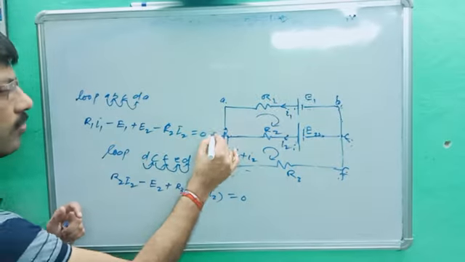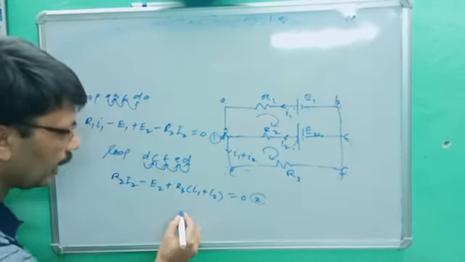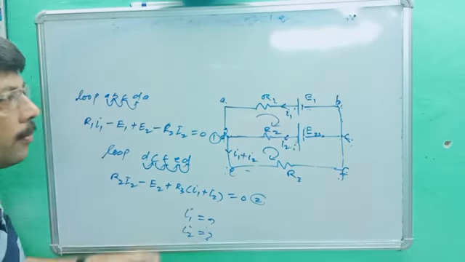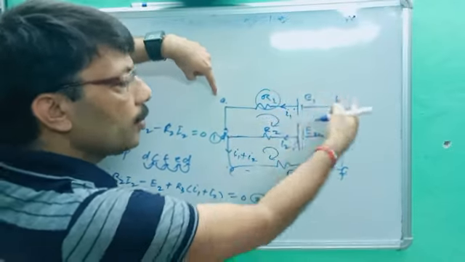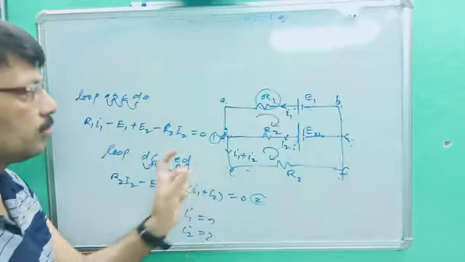So we will get equation first and equation second. You will solve equations first and second, and anyhow you will get the value of I1 and I2. It's okay. But let's suppose resistance is given here. How can you find the potential between A and B?